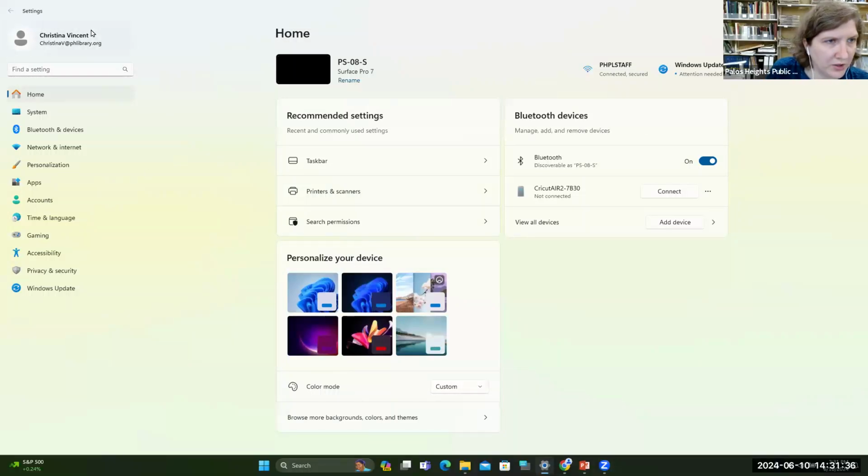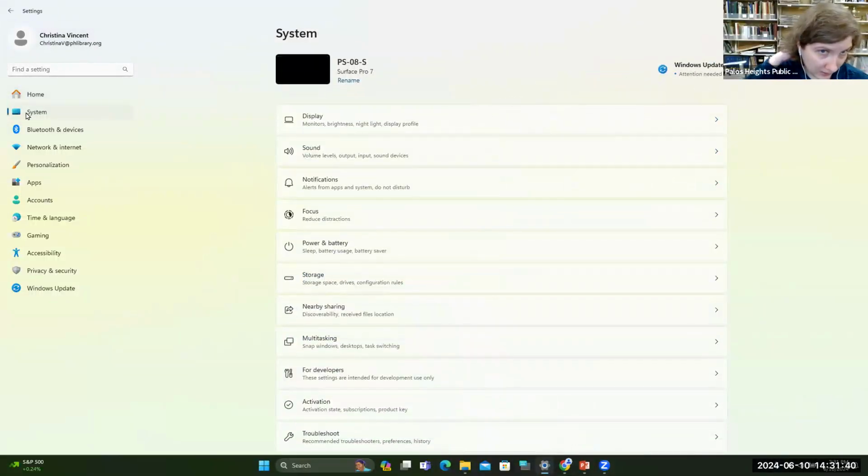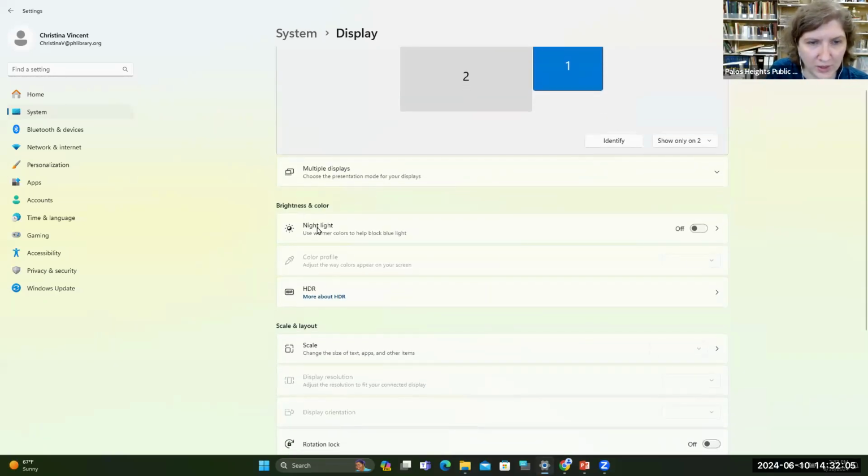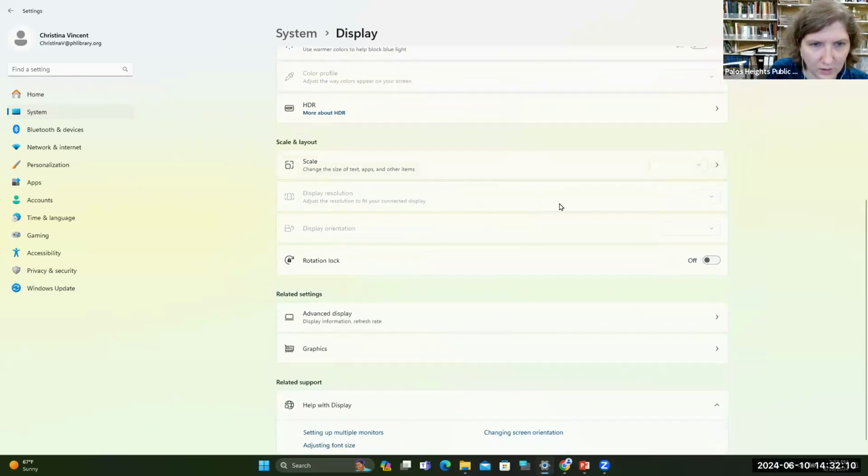This will take you to more information about your account. Here we'll go to system settings. Again, it gives you the name of the device you're on. If you need an update, again, it's right here. This is displays. This is for if you're going to be connected to multiple displays. Right now I am. I'm not going to touch that right now because I don't want to accidentally mess up any of the settings for Zoom. Brightness and color for your device. Scale.